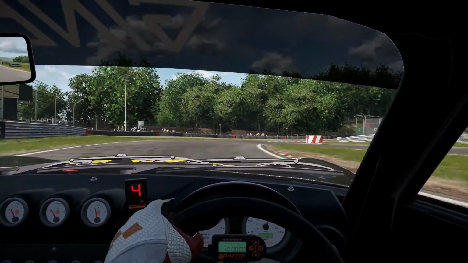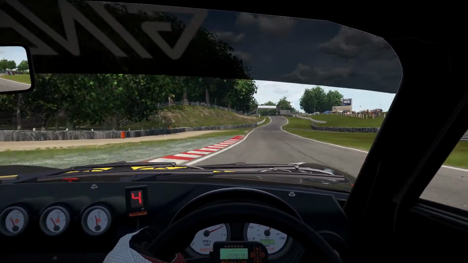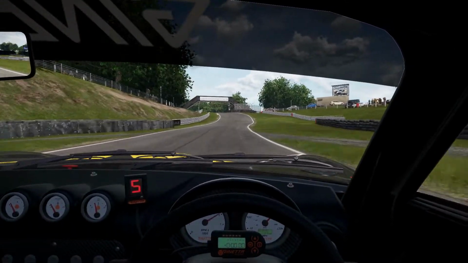Keeping flat out now through this right hander. Do not lift through this right hander. If you lift through here, you're going to lose a lot of time going up this hill now. So make sure you keep your foot planted to the floor all the way up the hill